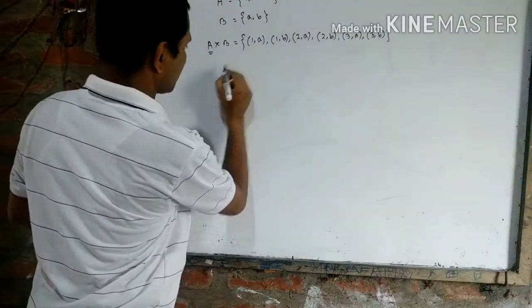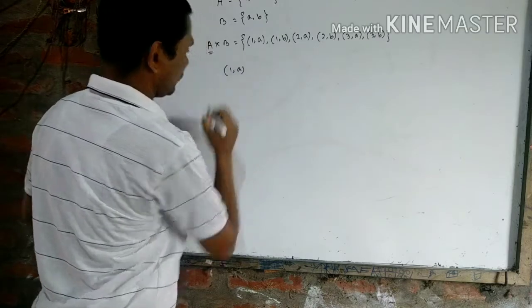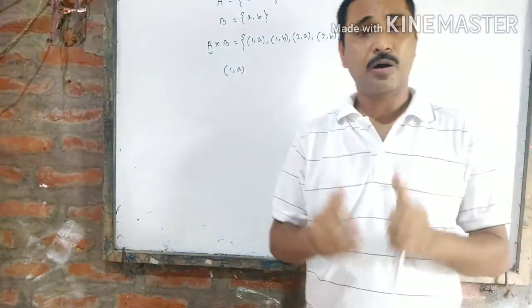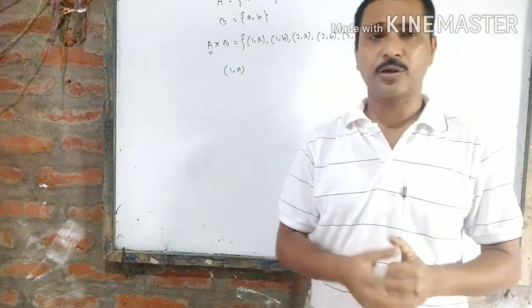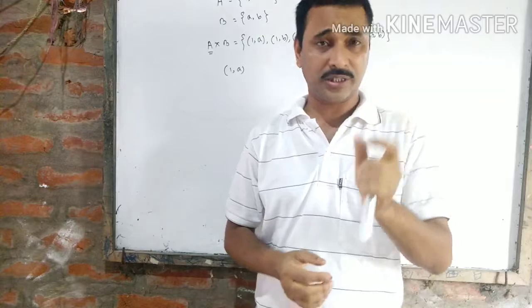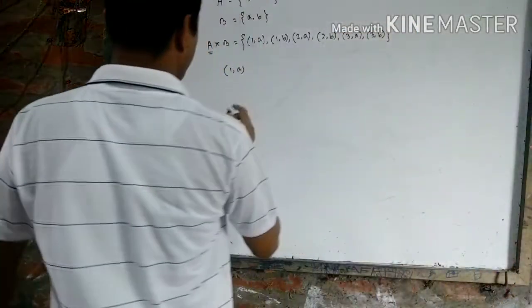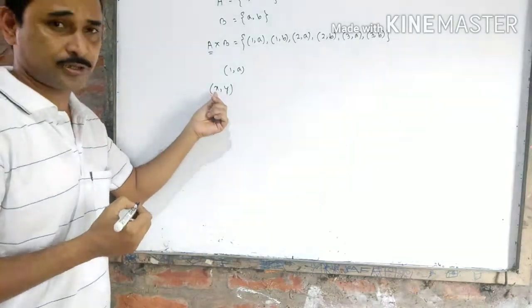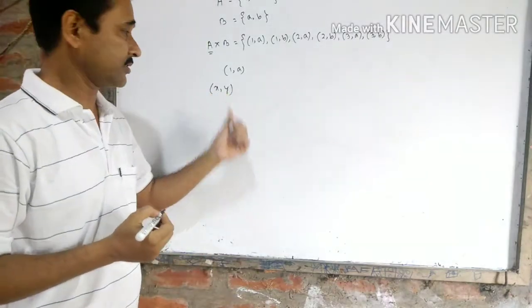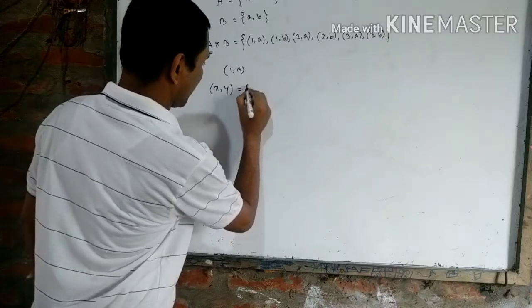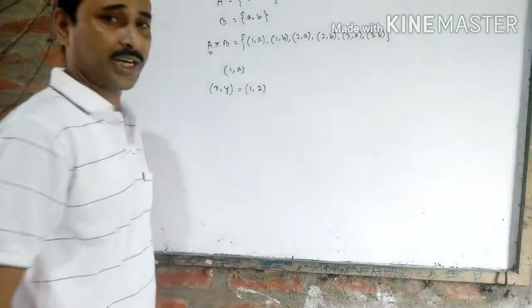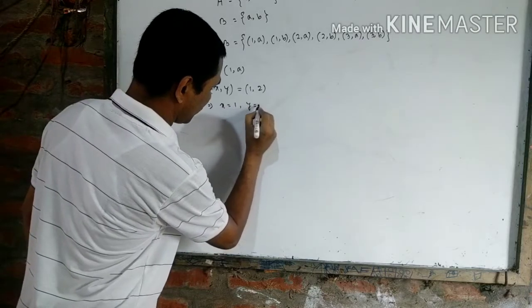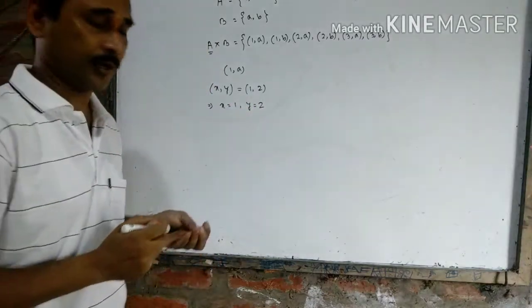Now this type of symbol (1,a), what do we call them? Actually we call them ordered pairs. This is not a new concept to you. You got it in your coordinates. Okay, when we write the coordinate of a point, say (x,y), this is the x coordinate and this is the y coordinate. If I say that the coordinate of a point (x,y) is equal to (1,2), what does it mean? It means the value of x is 1 and the value of y is 2. This is the concept of ordered pair.